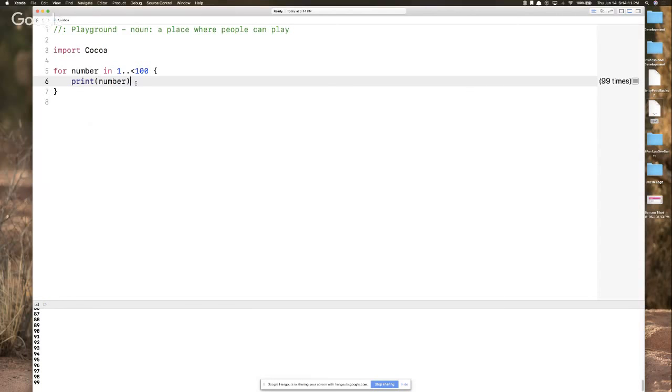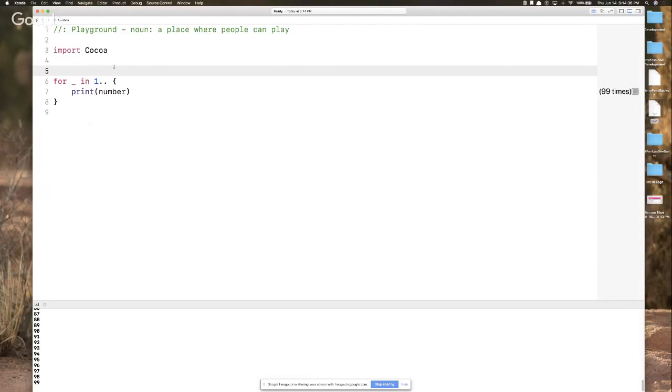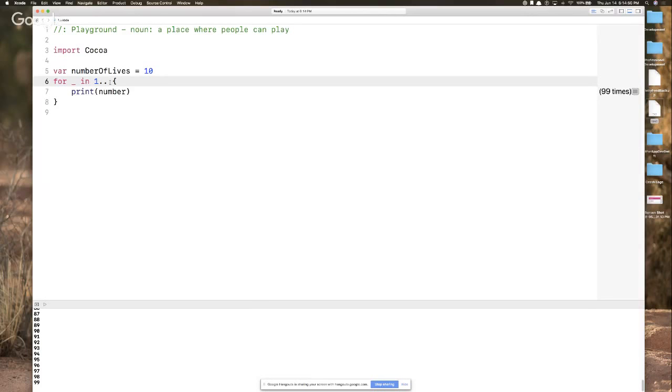Okay. So a question might be, well, when would you ever do this? Why would I not just do 1 to 99 instead of 1 to less than 100? Maybe if you were a developer for a game, let's say, for example, that you had, I'm just going to leave this as an empty variable, we're going to set up number of lives equals 10. So I'm making a game and my character has 10 lives. And we want our character to give us feedback and tell us if he's still alive